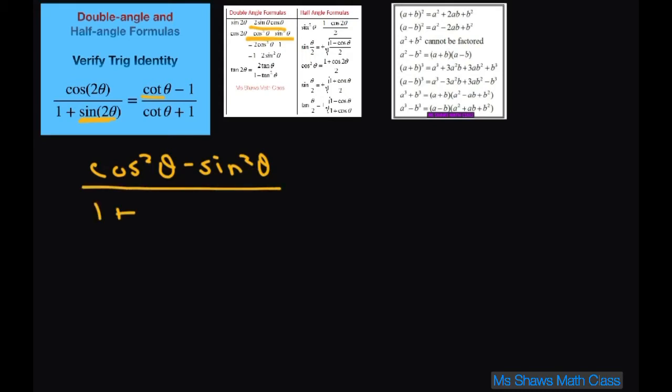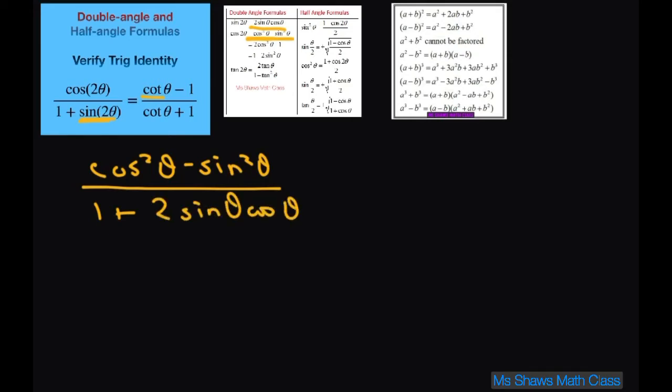We have cotan. Cotan involves both sine and cosine. So the way I would start to proceed is just to rewrite these with cosine and sine in them. Plus we also have this sine of 2 theta. It also has cosine and sine. So I'm going to use substitution and rewrite cosine of 2 theta as cosine squared of theta minus sine squared of theta. And in the denominator, I just have to write 1 plus and substitute our 2 sine of theta